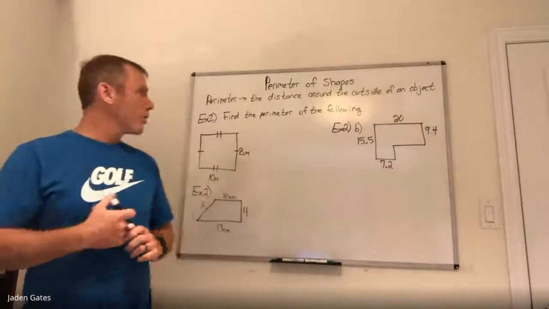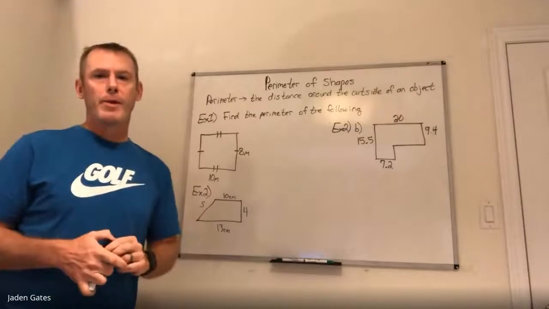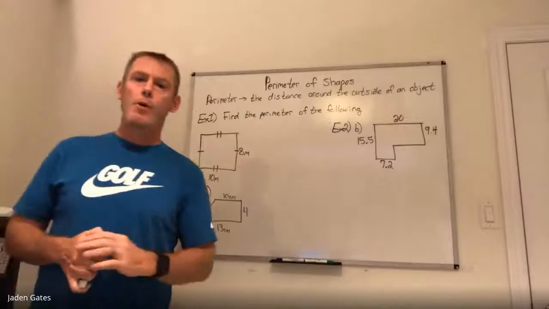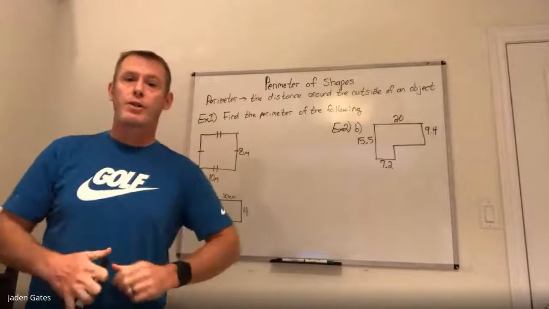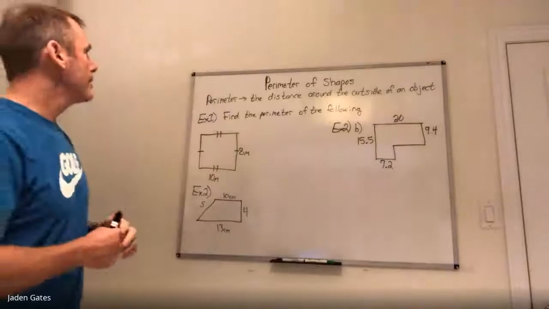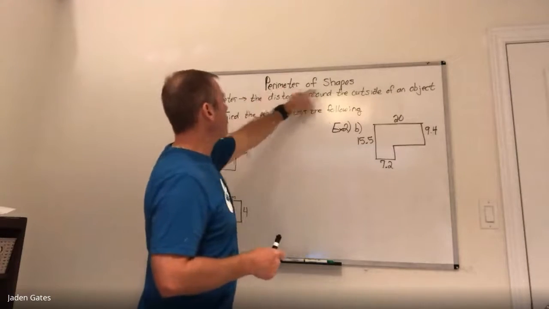All right, folks, we're going to start today. We're taking a whole different look at measurement. On Thursday, it was all about angles. Today, we're all about measurement. And continuing on for the rest of the year, we're going to be all about measurement. We're going to start off with two-dimensional measurement, and today, or this lesson, is about perimeter of